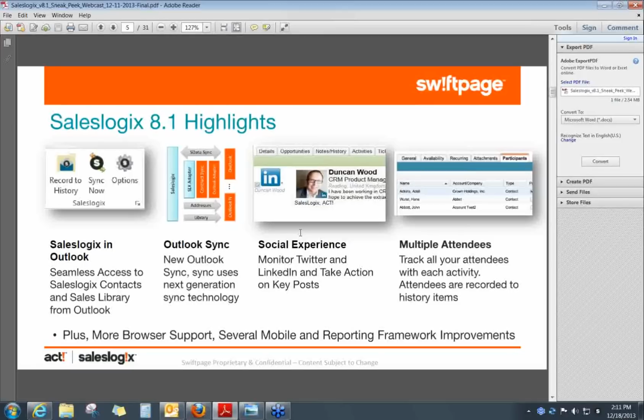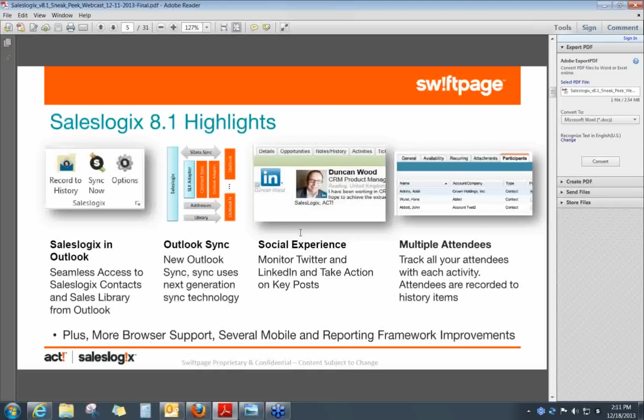And those can be based on not only the contact themselves, but on key hashtags. So you can ask it to scour LinkedIn and Twitter for particular hashtags, and upon a match, it builds this listing of records in those systems. You can also post updates in there. So it's really, to me, as good as anything I've ever seen in a CRM system. This is definitely something that Saleslogix has been knocked a little bit on, not really up to speed with social interacting and so forth. That is no longer the case with 8.1,